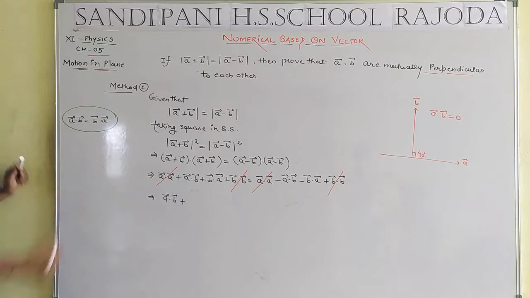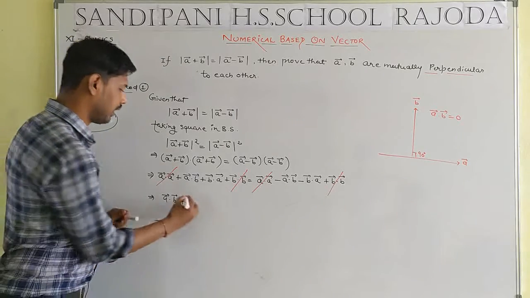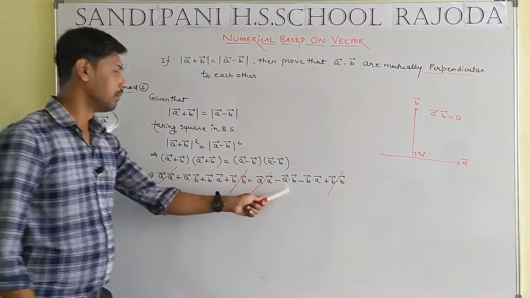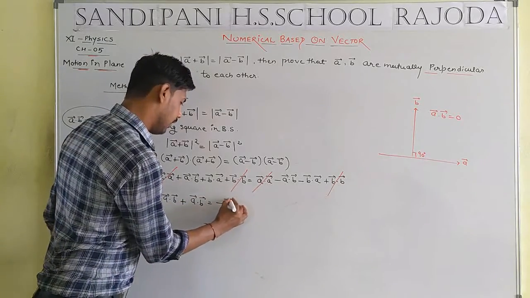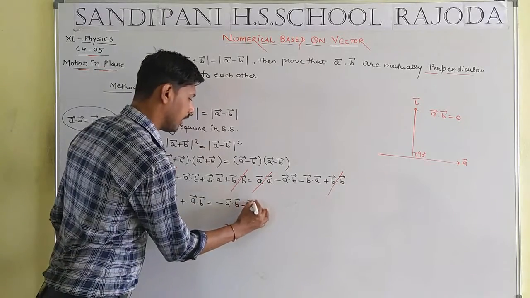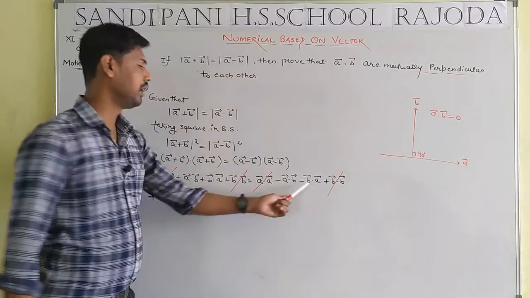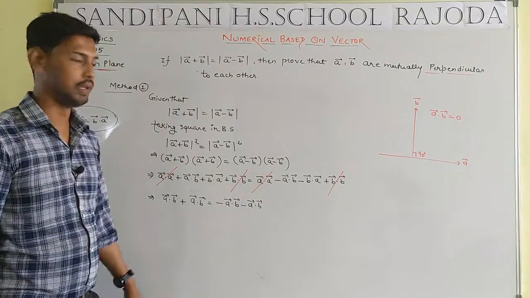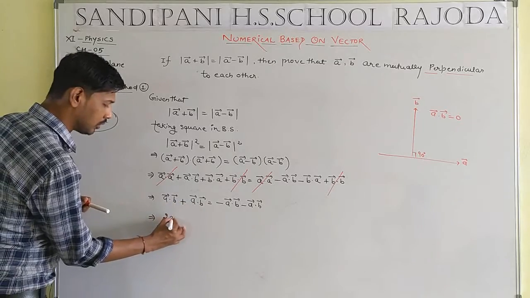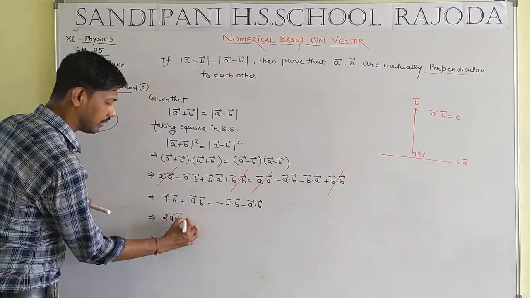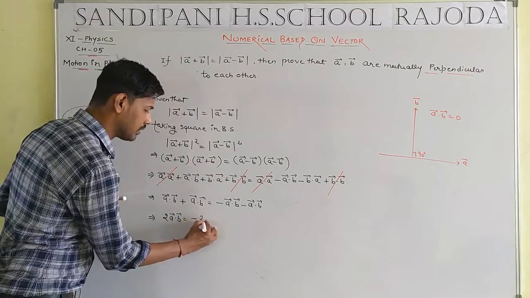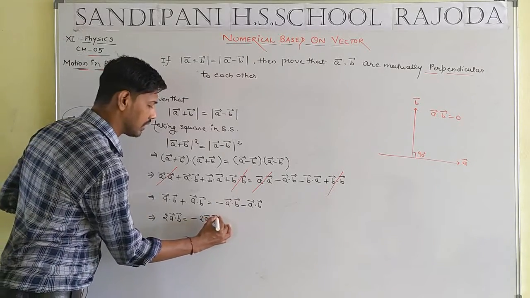Okay, student, so we can write b dot a will be equal of a dot b, and here minus a dot b, b dot a written in the form of a dot b. Okay, student, a dot b plus a dot b, that means 2 times a dot b, equal to minus 2 times a dot b, such that